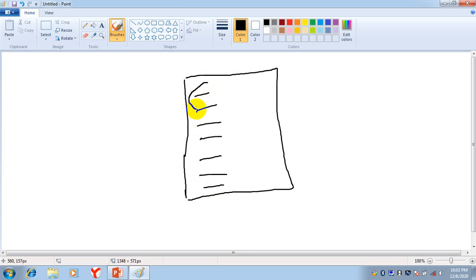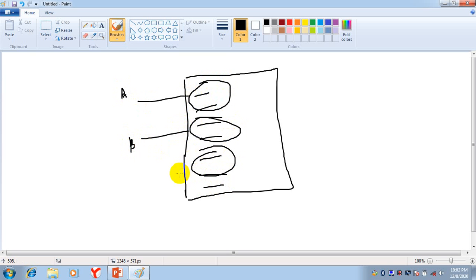Now this part belongs to A, this part belongs to B, this part belongs to C, and this part belongs to D. Similarly, we are making the division of work here, so each and every one knows about his responsibility and his duty.